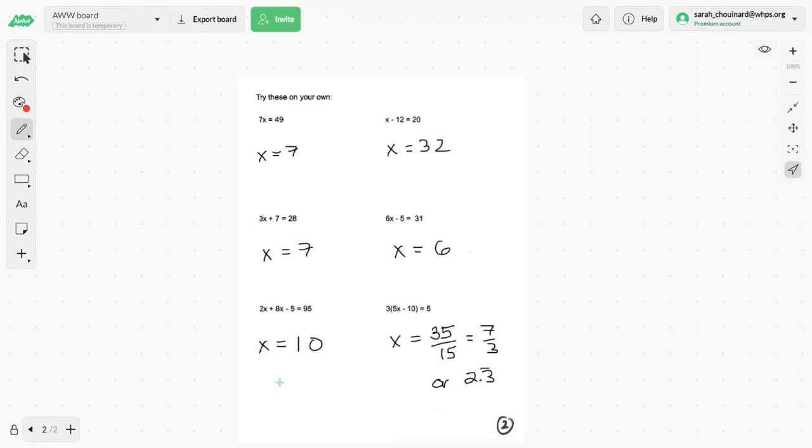And so here are the answers that you should have gotten. For this last one, it was kind of funny because you had to do 35 divided by 15. Obviously, that's not an equal number, so we can leave it as a fraction. The only thing we might want to do is divide top and bottom by 5. And so 7/3 is a perfectly acceptable 8th grade answer. Or if you were to divide it on your calculator, you would get 2.3 repeating. Either one of these answers are completely